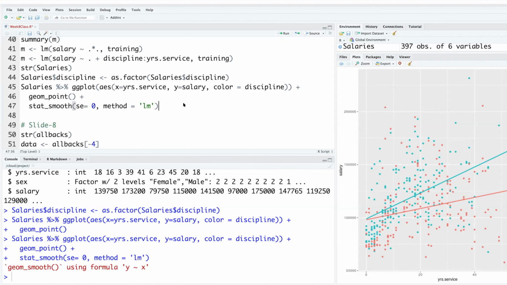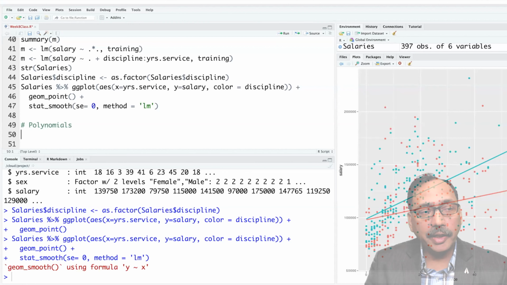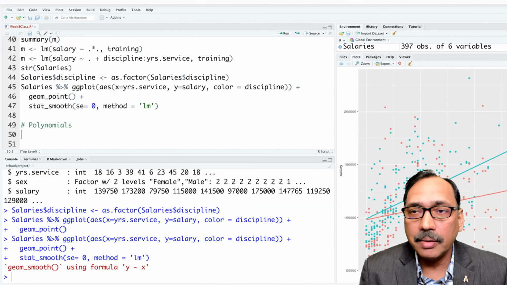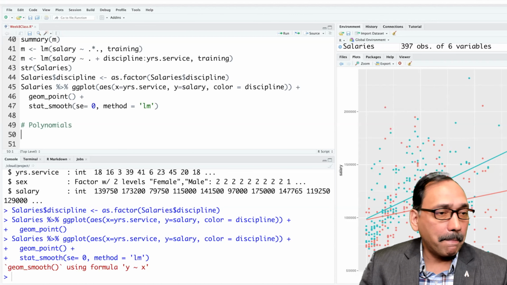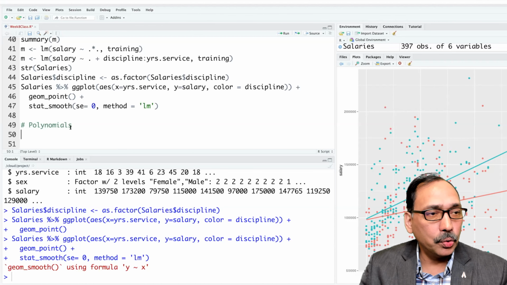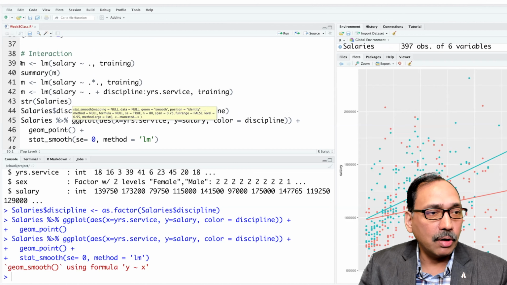One more thing I have shown you earlier, but I will show you again. It is good to be aware of all these different strategies or different tools that we have, because sometimes you may have to think about how you want to make adjustments to your model so that it can improve. Polynomials are something very easy to do in R. I'm going to copy this again